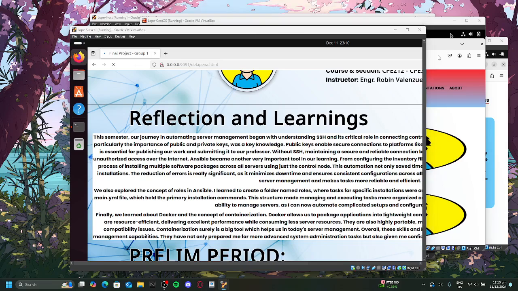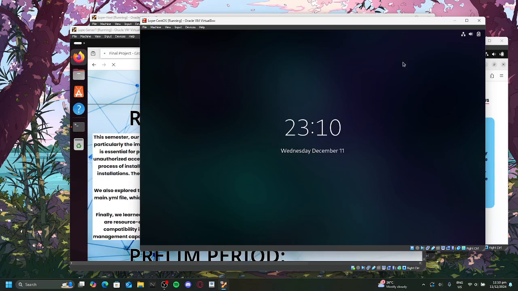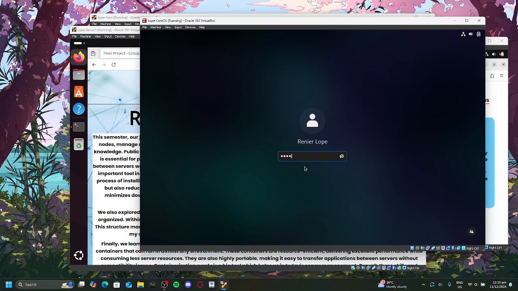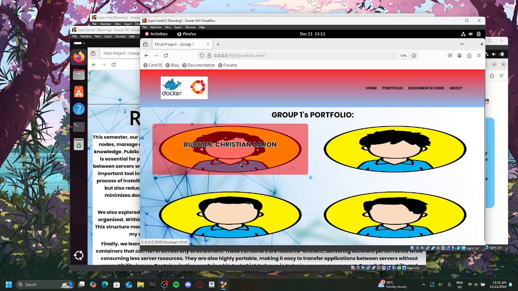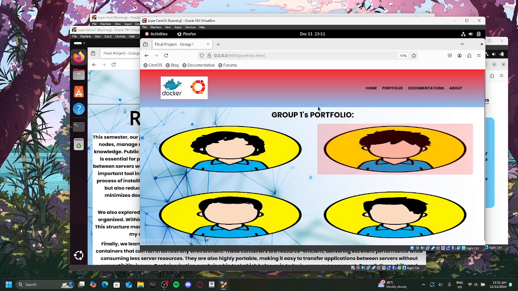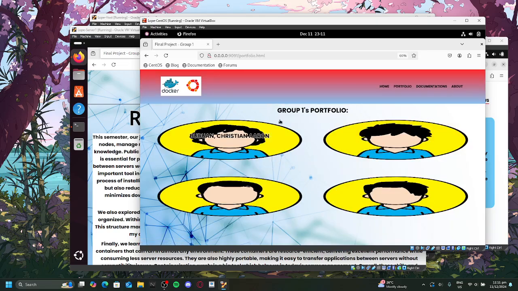So here, it is the same as we can see in CentOS. We have the same layout, but because of different resolutions, some of the CSS syntax are not working here in CentOS.